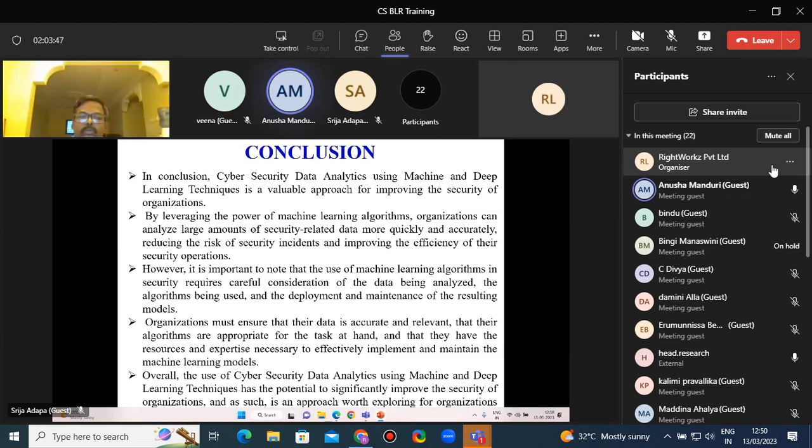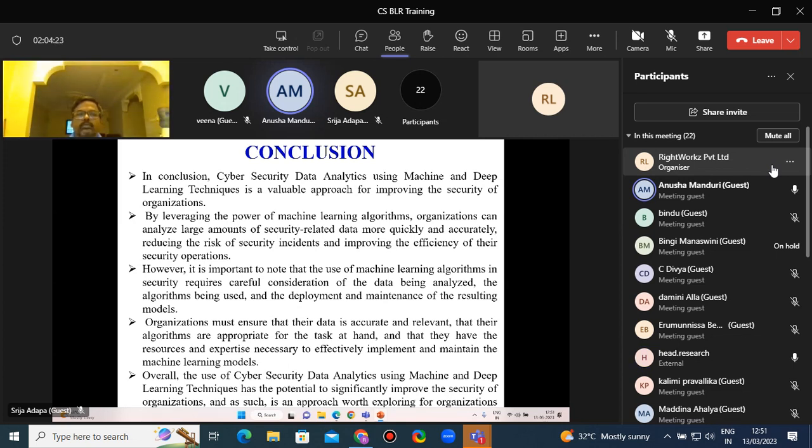Conclusion. In conclusion, cybersecurity data analytics using machine learning and deep learning techniques is a valuable approach for improving the security of organizations. By leveraging the power of machine learning algorithms, organizations can analyze large amounts of security-related data more quickly and accurately. However, it is important to note that the use of machine learning algorithms in security requires careful consideration of the data being analyzed, the algorithms being used, and the deployment and maintenance of the